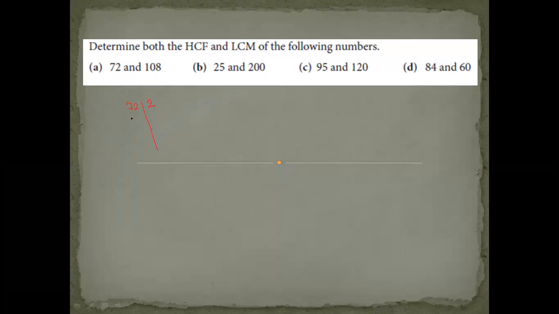72 divided by 2 is 36, 2 and 18, 2 and 9. 2 is not divisible into 9, but 3 is divisible into 9, and 3, 3, and 1. Okay, these factors are the prime factors of 72, and we can write it here: 2 times 2 times 2 times 3 times 3. Okay, the prime factors of 72. And what about 108? Let me write here: